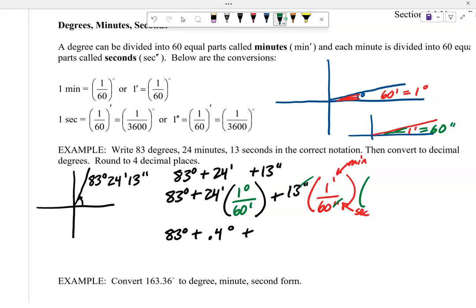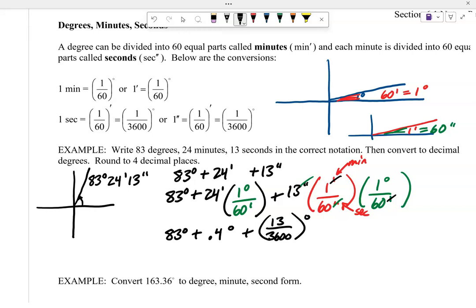So now I got to go, for every 1 degree, there's 60 seconds. Now notice my minutes cancel. My minutes cancel now. So I have 13 times 1 times 1 over 60 times 60, 3,600. And this is in degrees. So 13 over 3,600 gives me